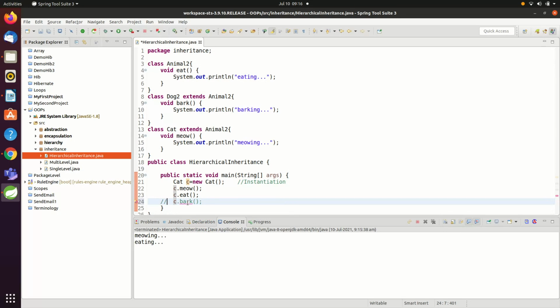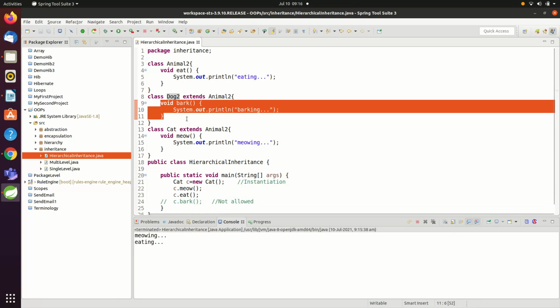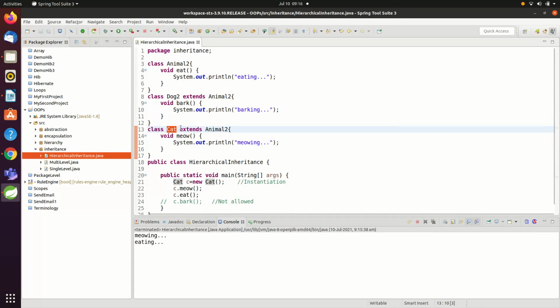So I will comment this and give a message: not allowed. You cannot access dog 2 method bark on the instance of cat class. There is no relevance between these two classes.